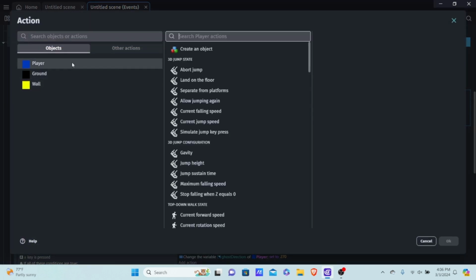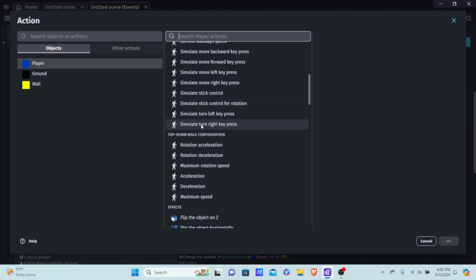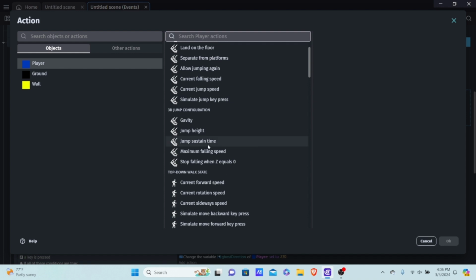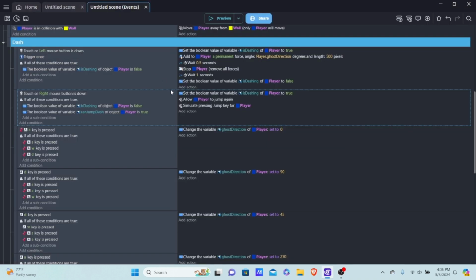Then we're going to simulate the jump. So I'm going to click into our player, and now we want to find where it says actually simulate the jump. So where can I find this? Let me see. Simulate. We have simulate jump key press right here. Simulate jump key press, and we also want to be able to dash in that same direction that we've been holding. We're dashing in that same direction, because if we didn't dash in a direction, it would just be another double jump. So I'm going to copy and paste the same piece of code right here,